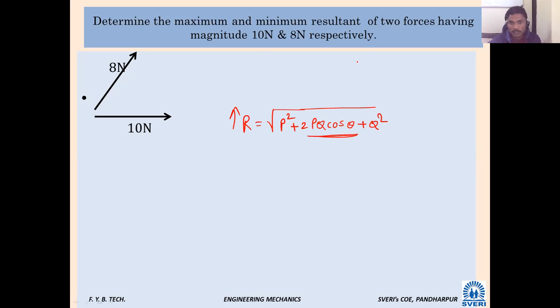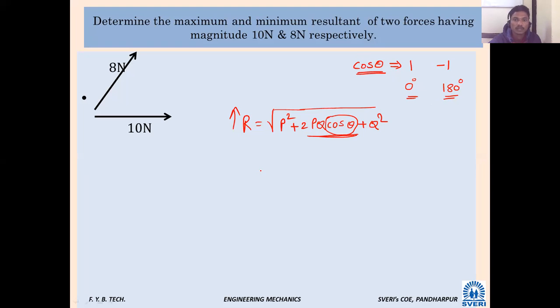Before that I will ask one trigonometric question about cos theta. What is the maximum value of this function and what is the minimum value? 1 and minus 1. For which angle will it become 1? 0 degree. And when will it become minus 1? 180 degrees. So if cos theta becomes 1,